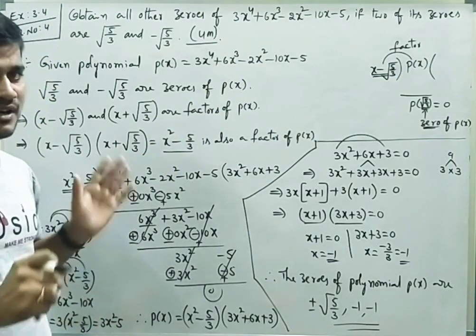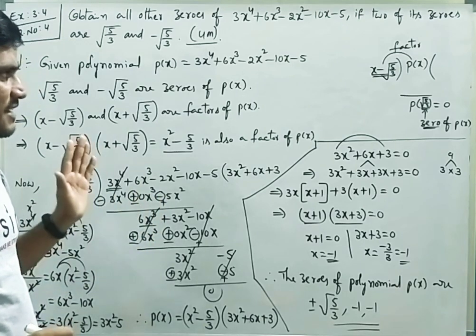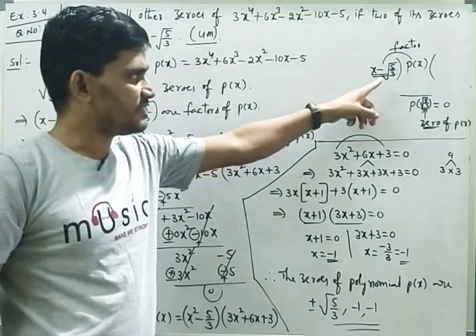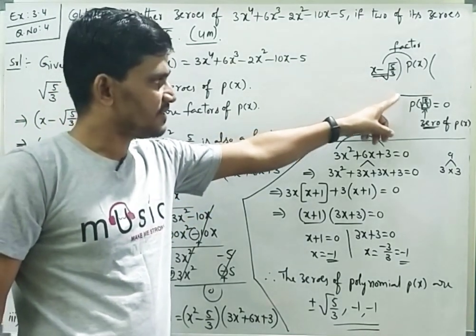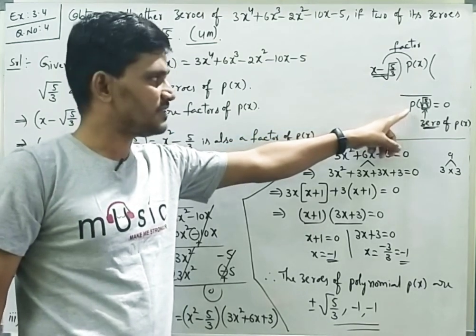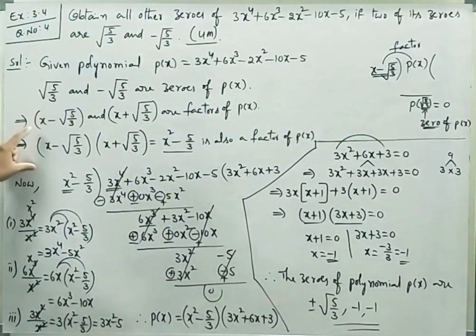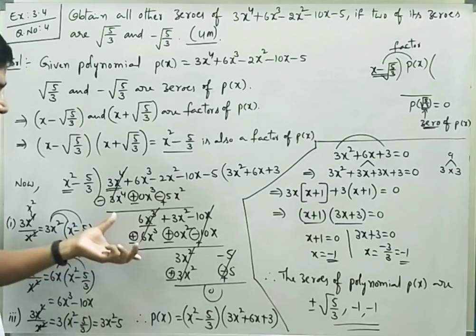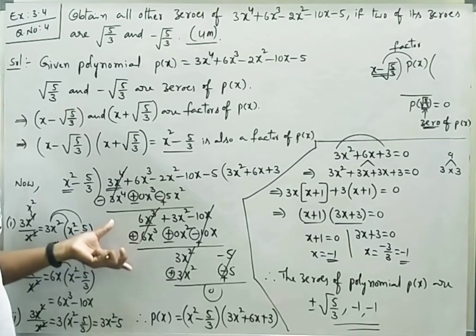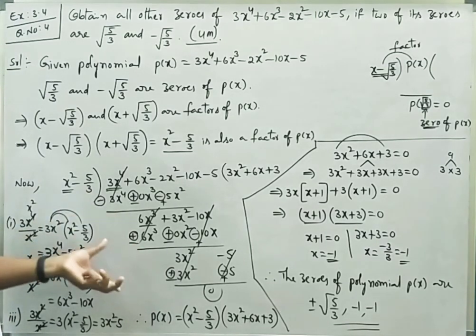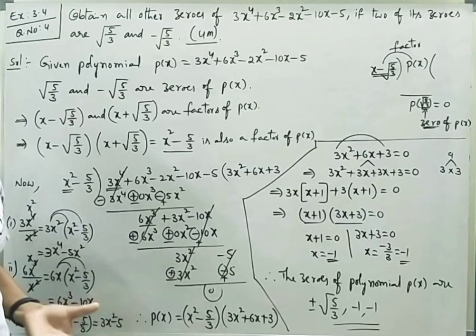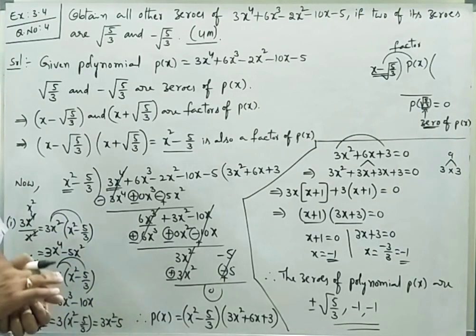I think you may have understand. See, to understand this, you have to understand this, that is remainder theorem. From this remainder theorem, we have written these statements, and you have to understand how to do the division of polynomial. So, if you can watch 2 or 3 times, you can easily understand. Practice well, you will get it correct.